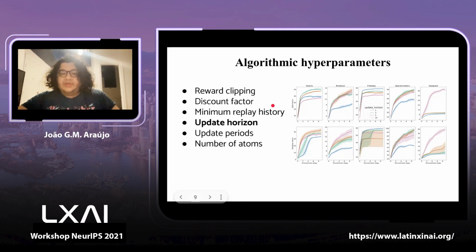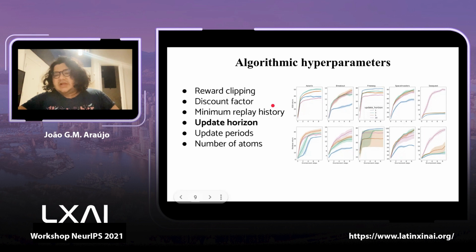Okay, and what we see here is a difference in behavior from environments. So for both Rainbow and DQN in these 4 initial environments, if you use an update horizon of 3 to 5, you end up getting great performance. 3 or 5 are very close to each other in performance. But for Seaquest, you need to use an update horizon of 10 or some high value higher than 5.